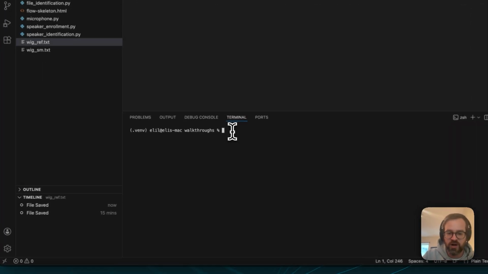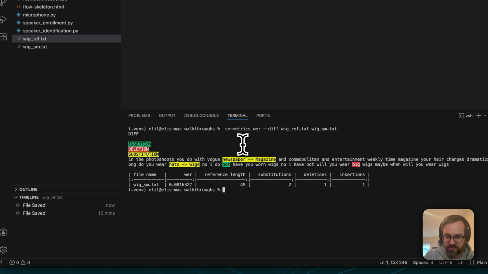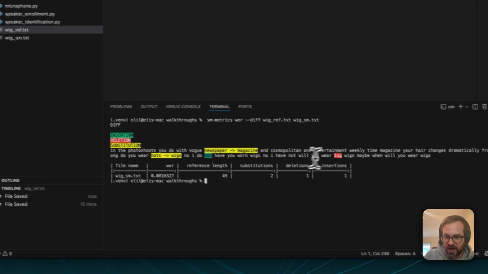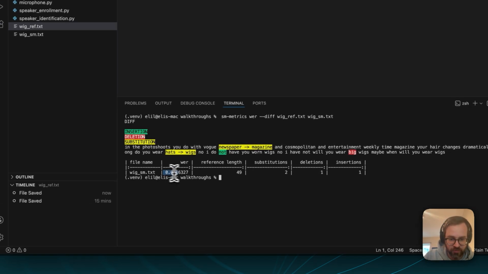So if I try and run this again, I would expect to see some different scores here, right? And so now we'll notice that there's insertions, deletions, and substitutions. So the newspaper change I made has been noted. Hats to wigs has been noted. I added in a word here, right? That's essentially a hallucination. I changed this word or got rid of it, or rather added that one in, deleted it. So we have now an actual word error rate score showing that I'm